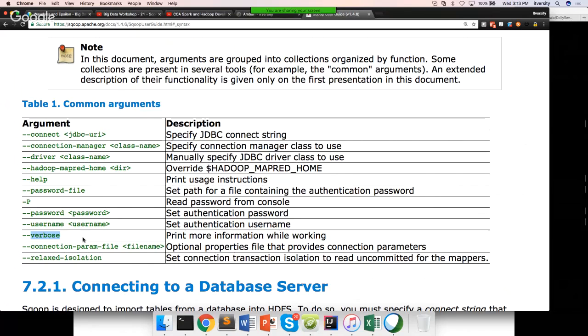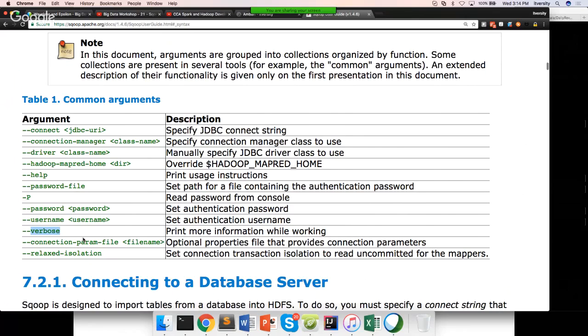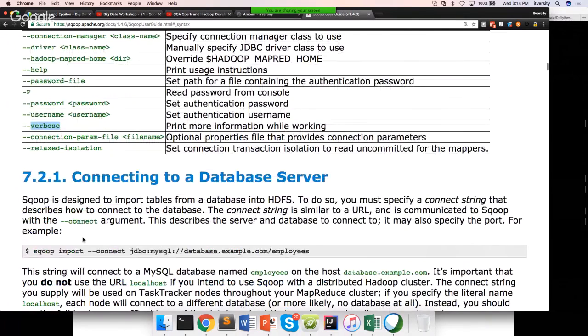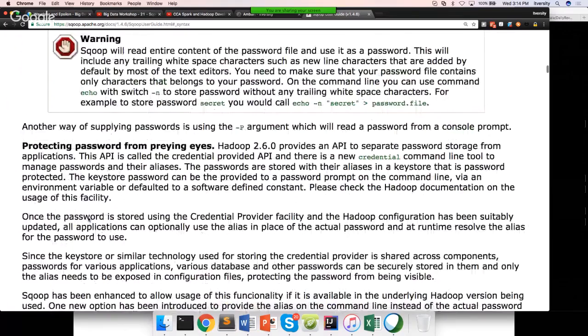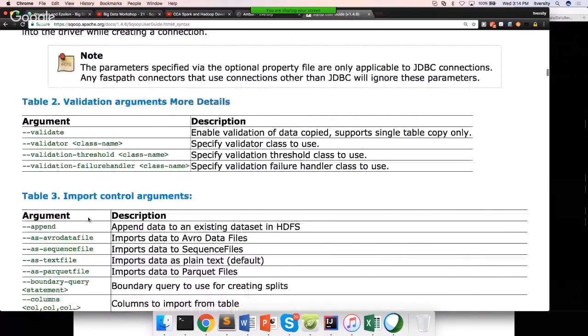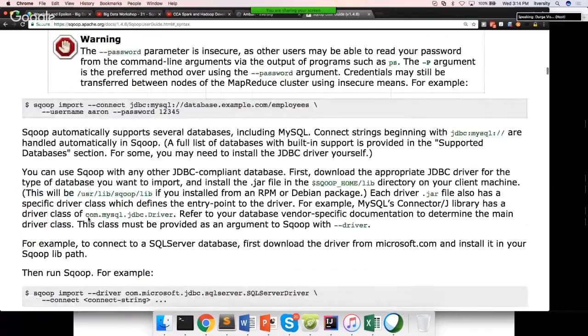Connection param file and password file are extensively used in actual application implementations. For exploration purposes, you don't need to worry too much about those things, but you should know about these things if you want to work on any projects by developing data integration frameworks. Okay. And after the common arguments,